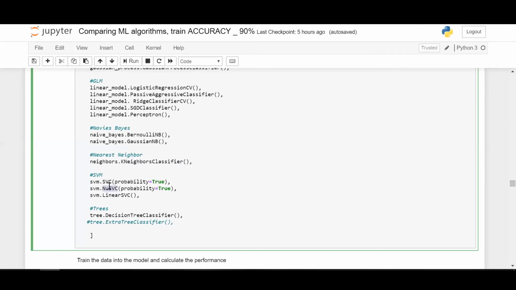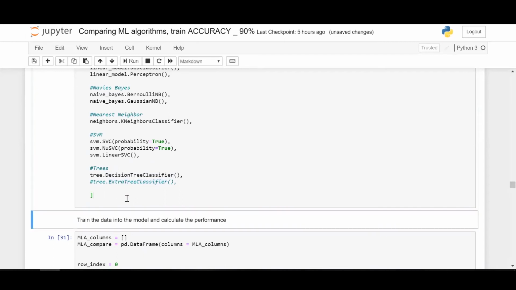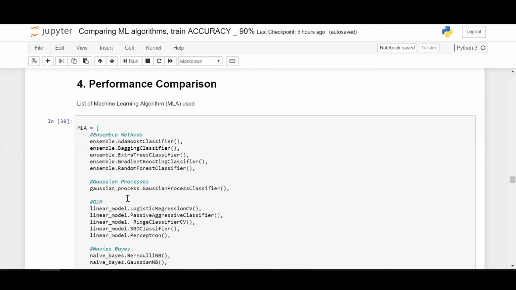And there's another support vector machine, linear SVC. You have seen these two, SVC and linear SVC. So linear SVC is basically SVM slightly modified, with the base algorithm being the linear algorithm. So decision tree classifier is here. Under tree, you have extra tree also, but I didn't want this one to be included in the list, so I commented it out. So just run this one, and yeah.